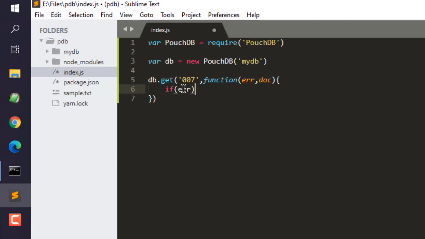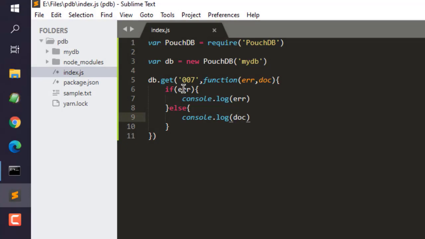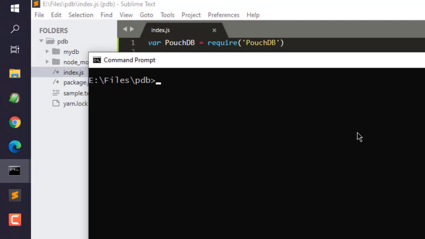Now for error checking we will simply console.log error, and to check doc we will simply use console.log doc. Okay, now I will run this file in one of the command prompts by typing in node index.js,